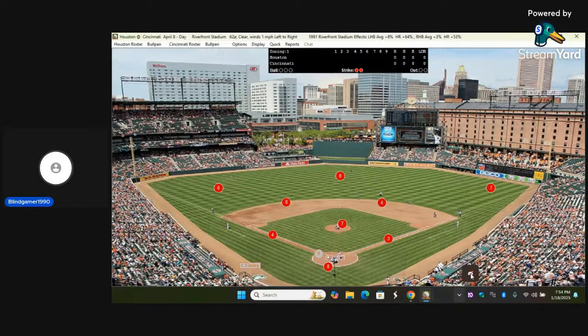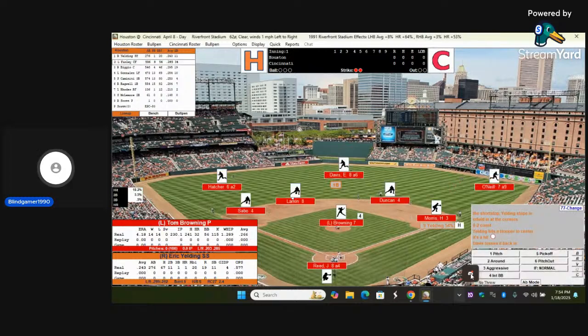The count is 0-2, the pitch. Yelding swings. He bloops it to center field. Here comes a base hit. Davis couldn't get to that one in time. And that'll bring up